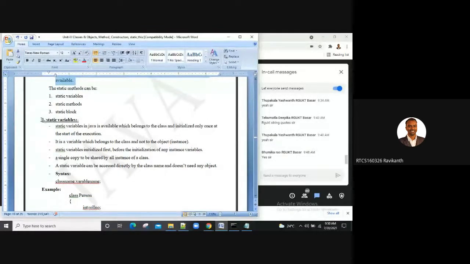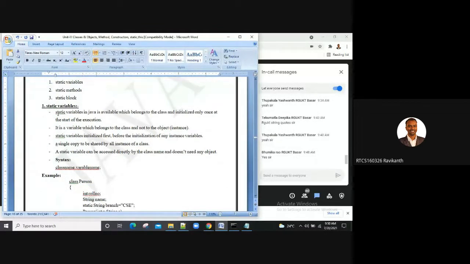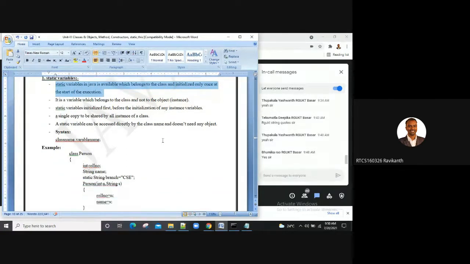Anyways, we'll go step by step. Static variable first we'll understand. A static variable in Java belongs to the class and is initialized only once at the start of the execution. So here I have declared one variable which is of string type and this is a static variable.